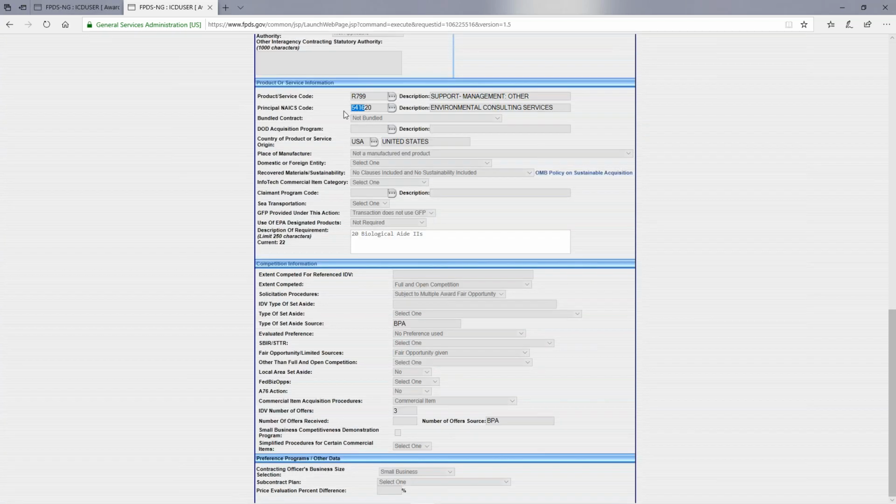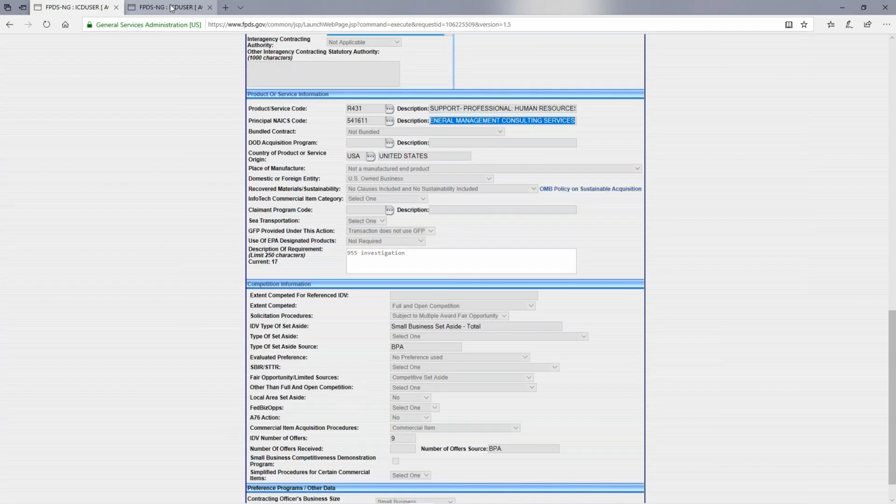And the 5416 matches the NAICS code of an IDV in the Protect Oceans domain. But you notice this one ends in 20, Environmental Consulting Services. So both of these are identified as leakage against Protect Oceans, even though they have different NAICS codes.